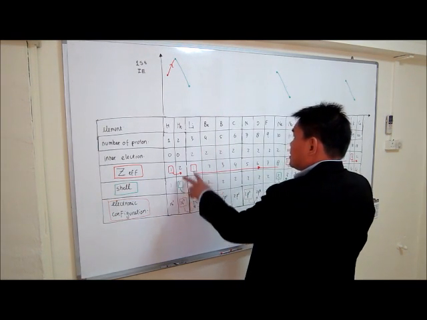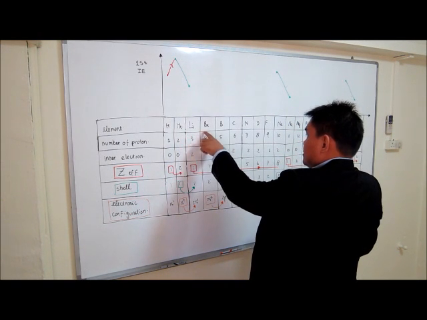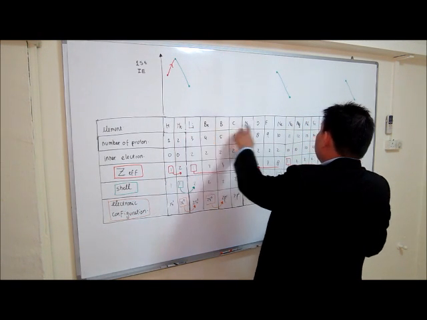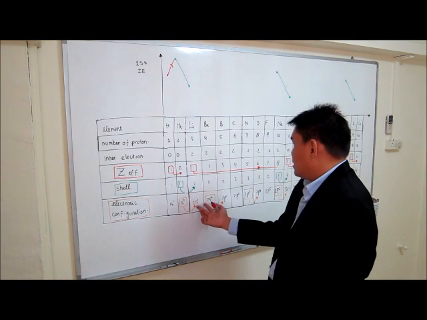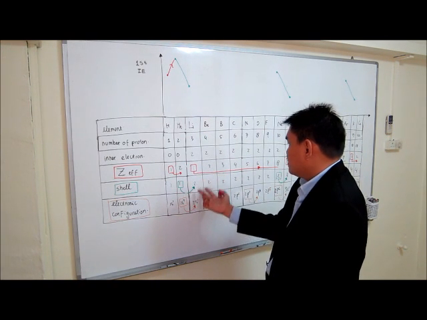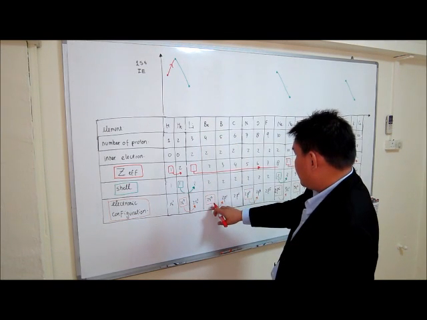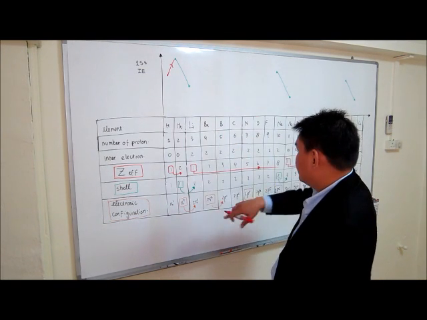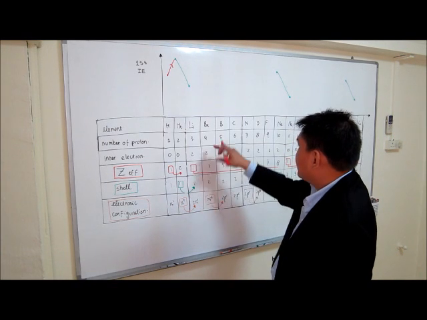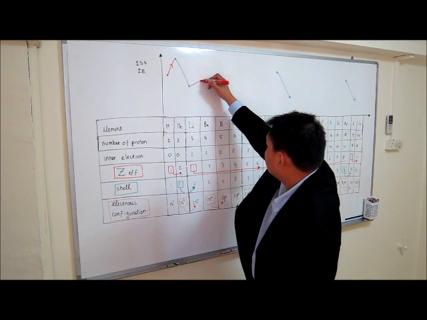Now in the case of lithium to neon, you're going to draw the red arrow, but it will be a bit jagged. Stop until barium, so like this,